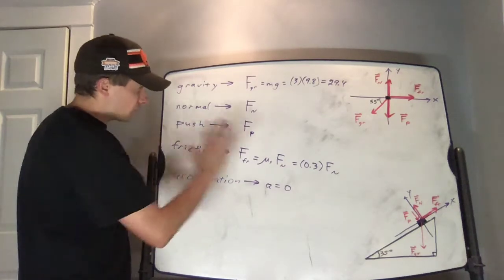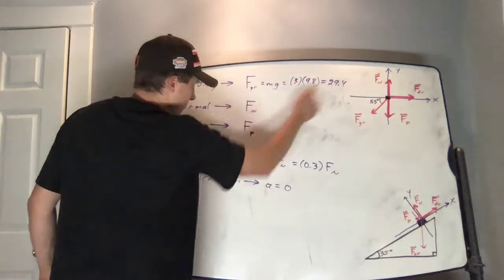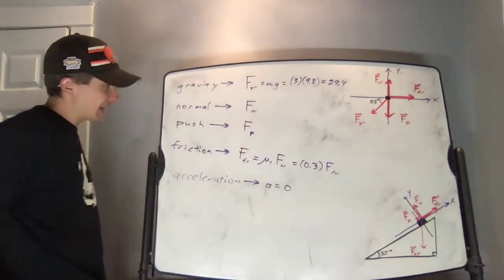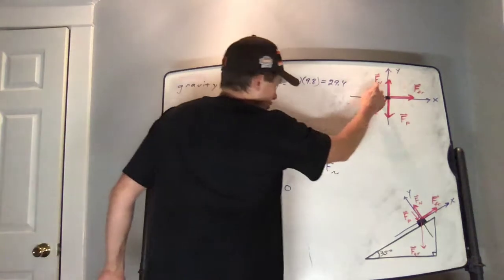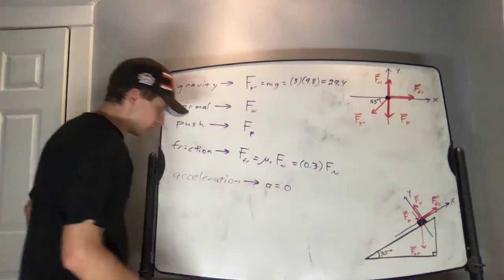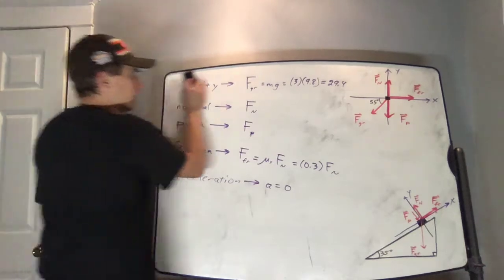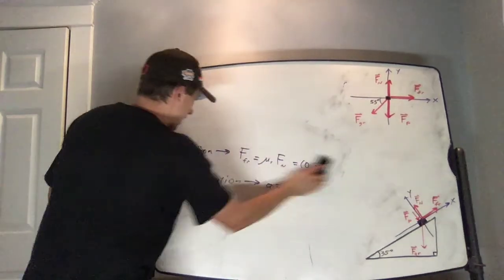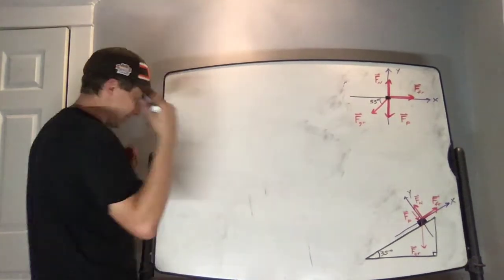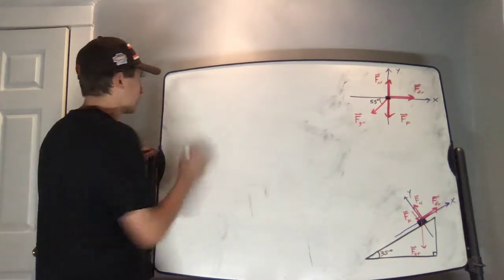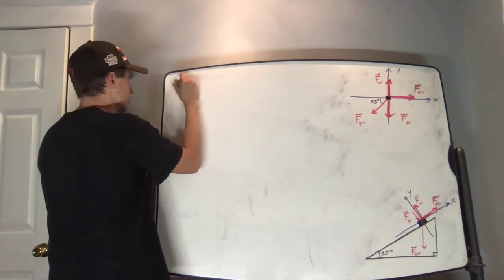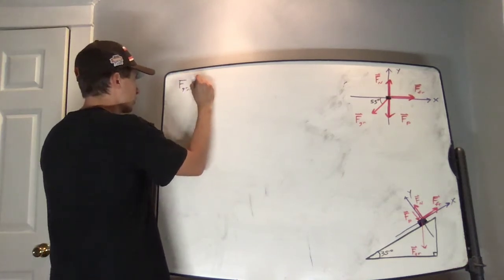So now what I'm going to do is take the magnitudes of these forces as I wrote them, and account for the directions, both the x and the y direction. So the force of gravity I could write as part of it in the x direction, part of it in the y direction. So the force of gravity in the x direction will be